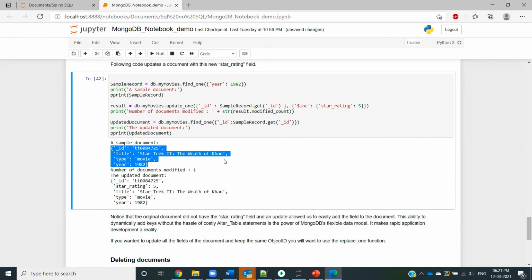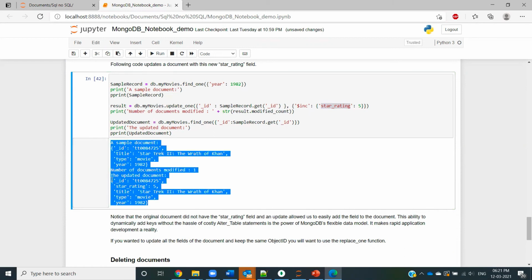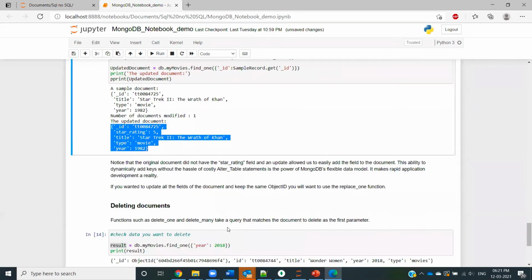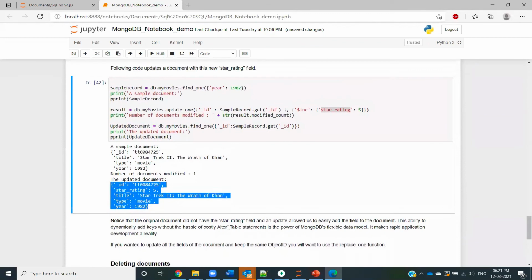But after the updation, I have added a new field called star rating, whose value is 5. So here in the updated record, as you can see, we have included another field with the name star rating. So this is how we do updations on the cluster that you have been connected to.